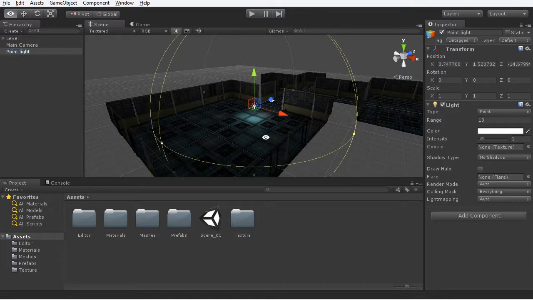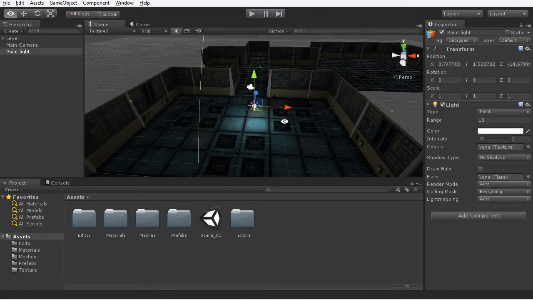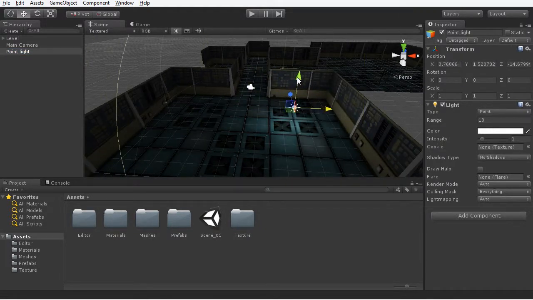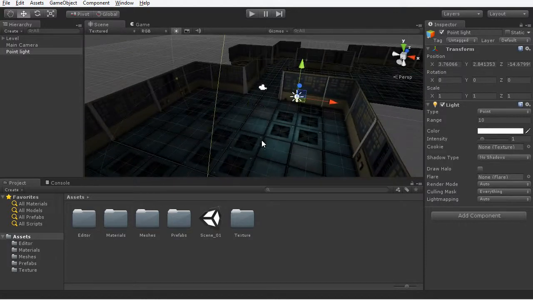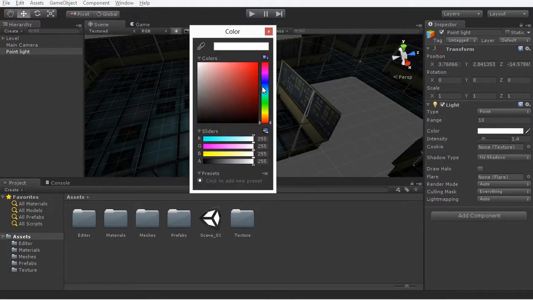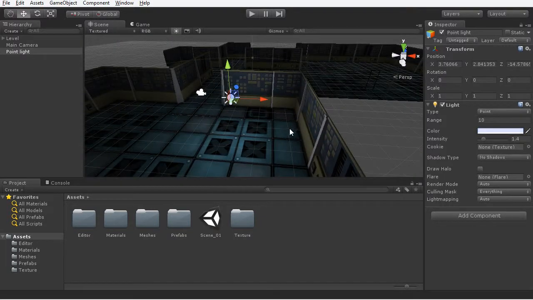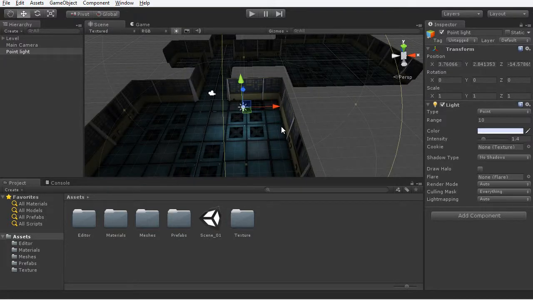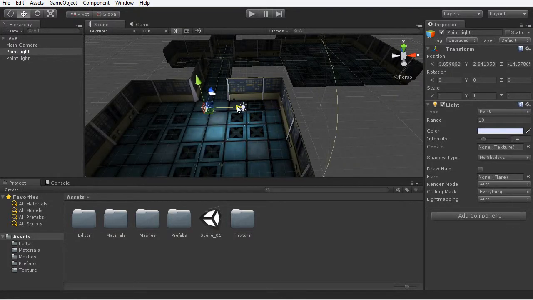Now I'm going to add the point light in the scene, and the way I'm going to do this is just add a point light over here, let's say, about there. And I'm going to set the brightness perhaps a bit brighter than that, so increase the intensity just a little bit. And maybe the colour, I'm going to set this perhaps to a slight electrical sort of blue colour. Just get a bit of a tint there, and press Control D to create a new light, and maybe move